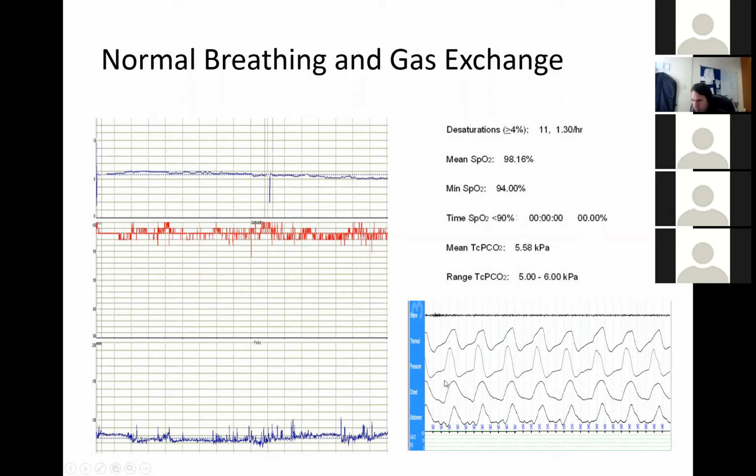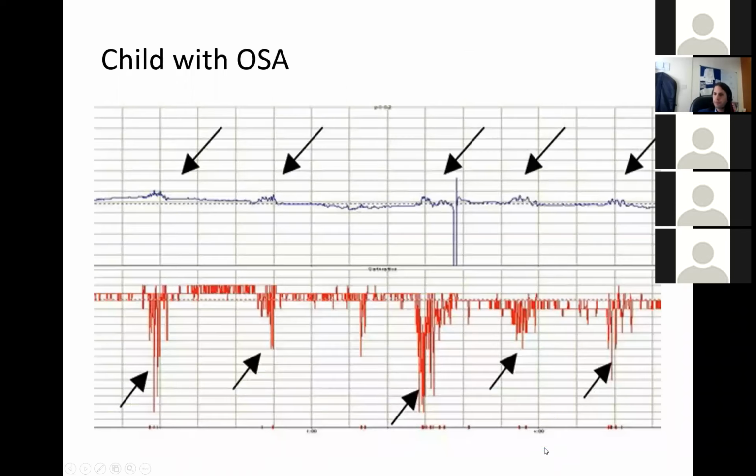You can see that your chest and your abdomen are moving nicely in sync with each other, and there's a nice, good flow trace, and everything's nicely synchronized in line with one another. So a child with OSA looks very similar to that previous trace that I showed you. You can see that there are bumps in the CO2, and this is associated with desaturations. And if the oxygen trace was here, you would see that it's typically during REM sleep. It's REM-related issues where you tend to see the problem. Quite often these children then have their tonsils and adenoids taken out, and they come back, and it's very satisfying to see that this is completely resolved.